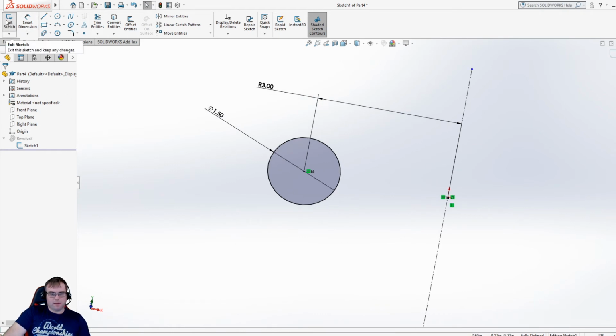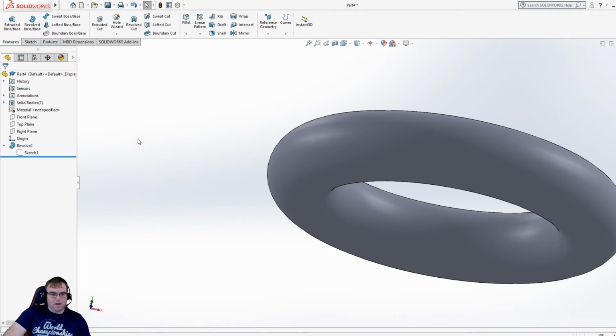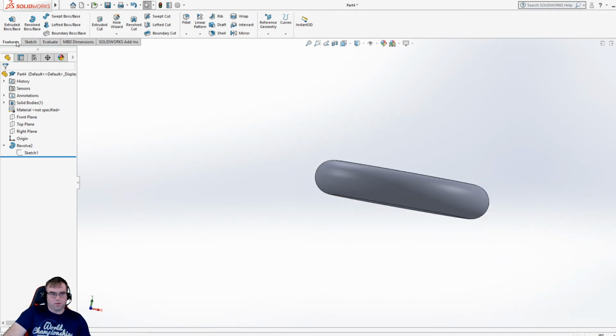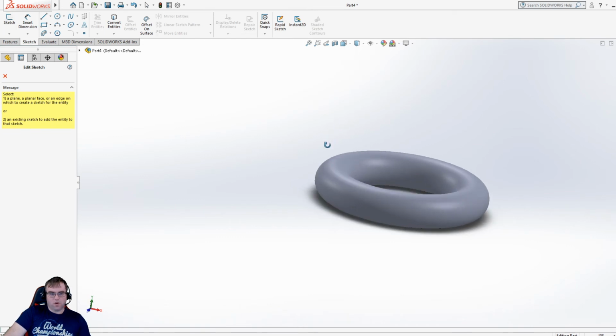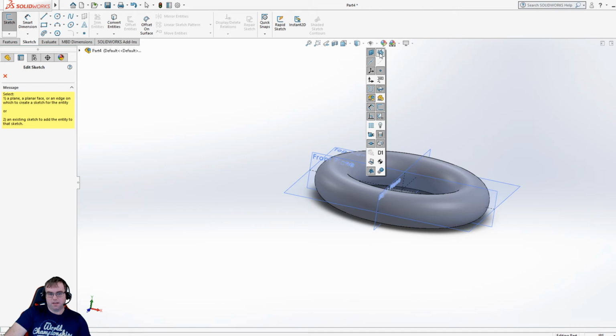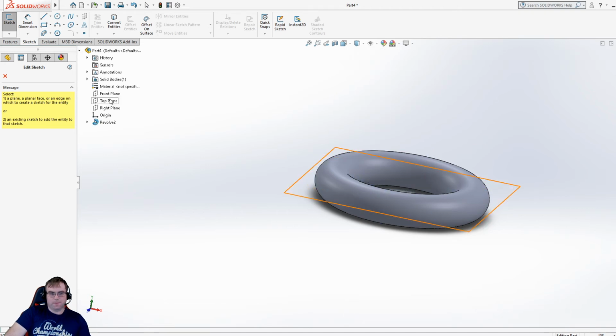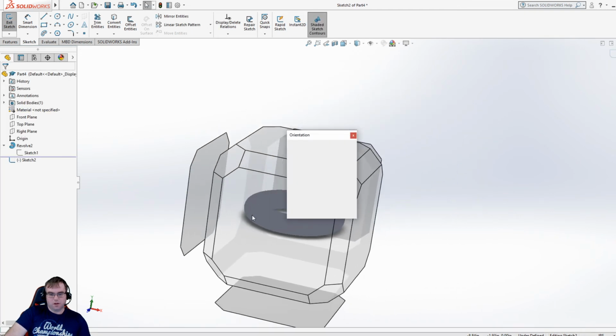I think I'm going to leave that as is, and instead I'm going to create a new sketch where I'm going to hollow this out. So I'm going to create a new sketch. Now if you notice, I can't see any of those planes. If I want to bring them back, I just come back to this drop down right here. I can click show primary planes, or I can always access it from this drop down right here, which is my feature tree. But I'm going to select the front plane here, go normal to it,